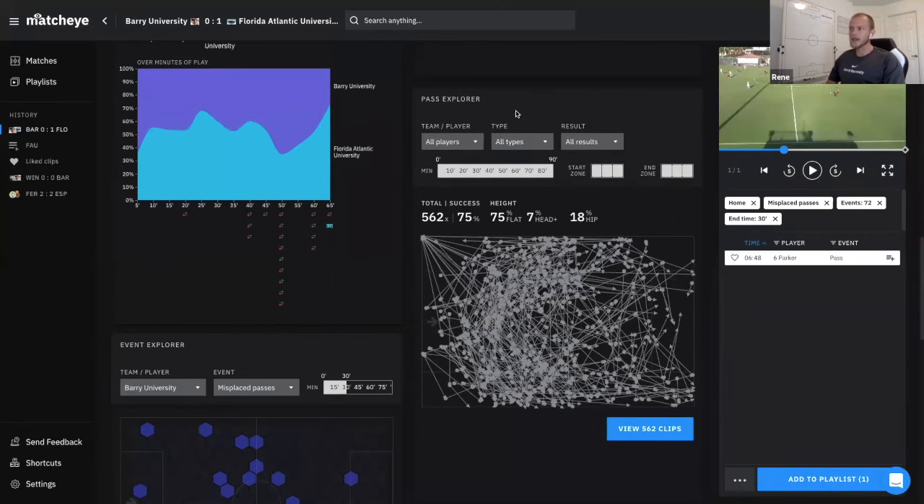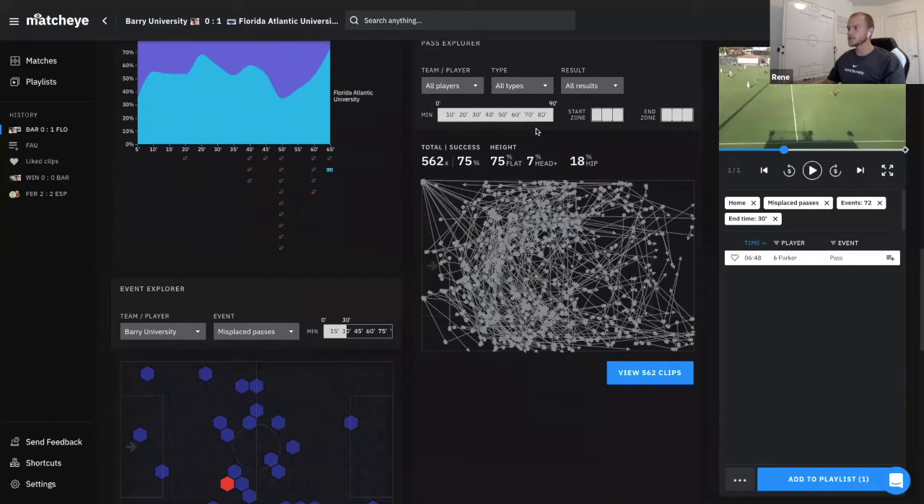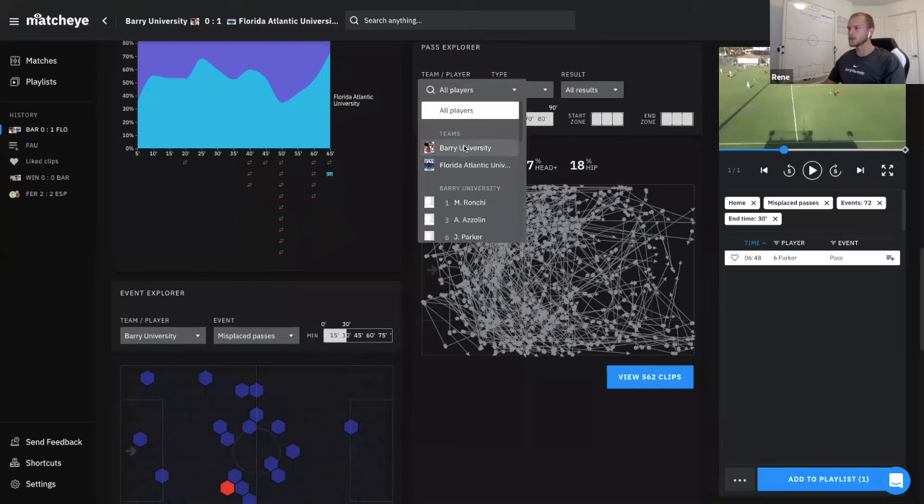Another great tool is the Pass Explorer, which shows me a bunch of great things that I can use to analyze not only us, but also the opponent. And I can use all the other tools, obviously, to do that as well. But for this one, for instance, the first thing I want to look at is, okay, Barry University,